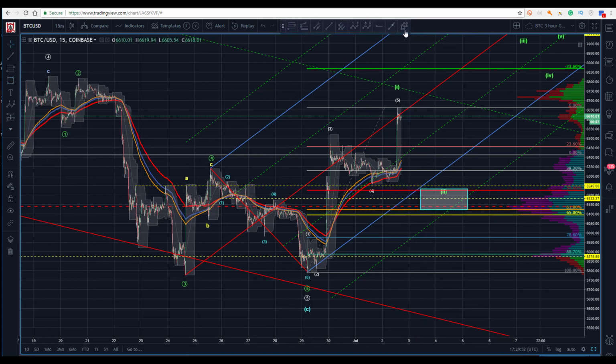So can we get something to suggest I've got a correction underway that would give us something along these lines, to give me a classic, we don't know what the shape of that is going to look like, but a little ABC would be ideal, to come down in here to this zone for a second.